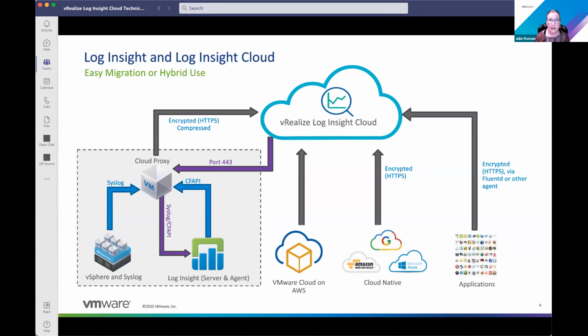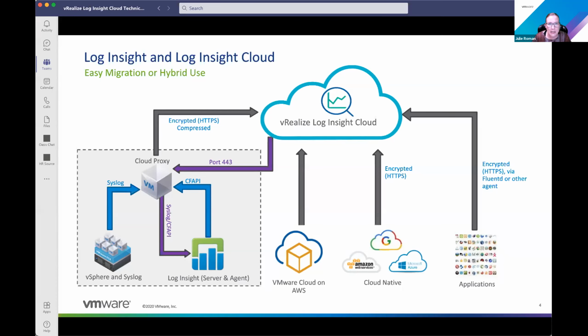We don't have like an export function for the actual log data itself. So we'd have some overlap there, and we could definitely work, if your account team works with us on the licensing side, so that there's nothing official as far as like billing, because obviously Log Insight Cloud is billed per ingestion.